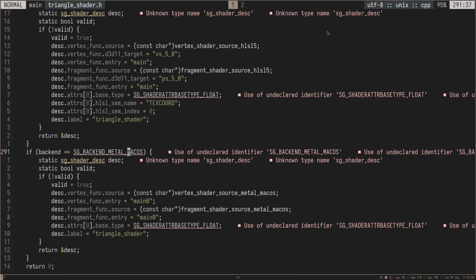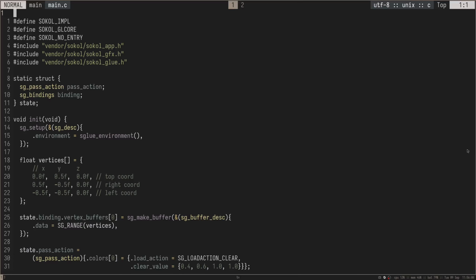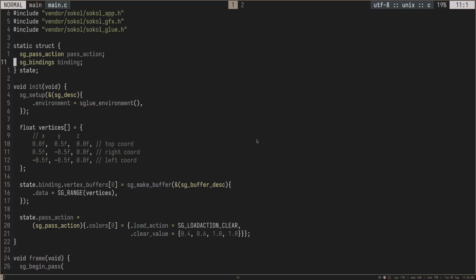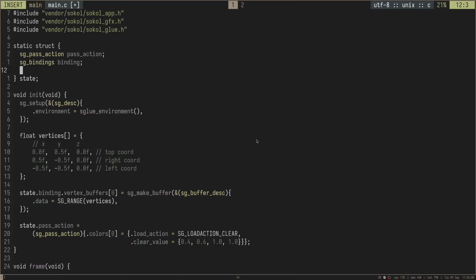Very, very convenient for cross-platform graphics development while still remaining relatively low level. Okay, so after that detour, let's actually use this inside of our code. In order to do that, we're going to need to create a shader pipeline. So I'm going to go to our static struct state and do sg_pipeline like this, and this is going